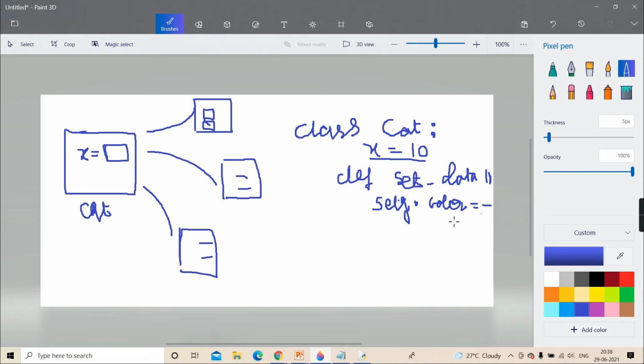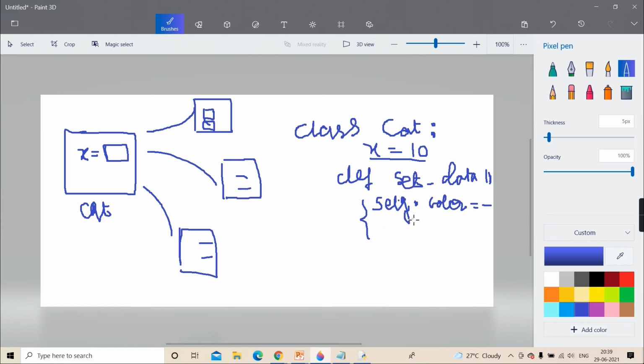Clear? Self dot color equal to color, self dot height equal to height, self dot weight equal to weight. Such assignments within the method are called instance data.